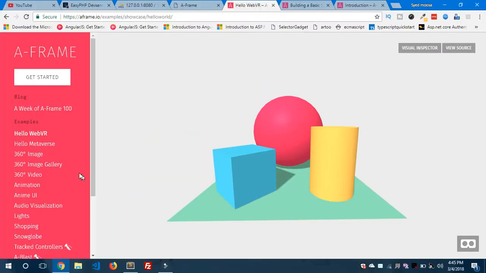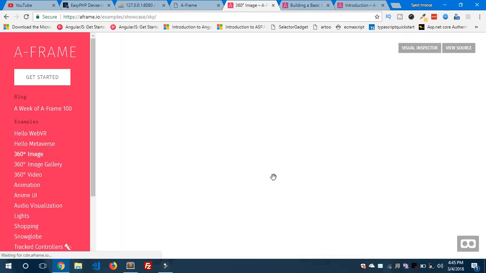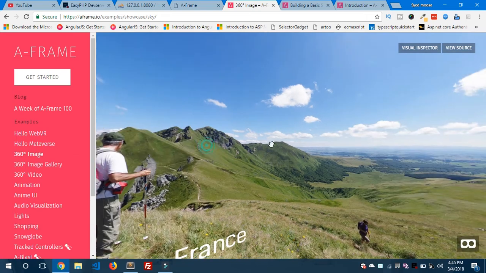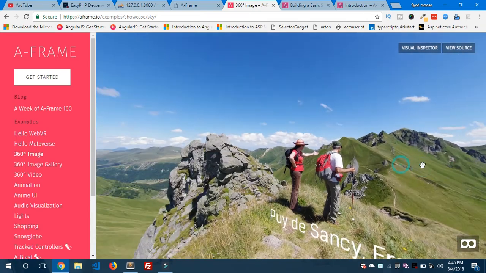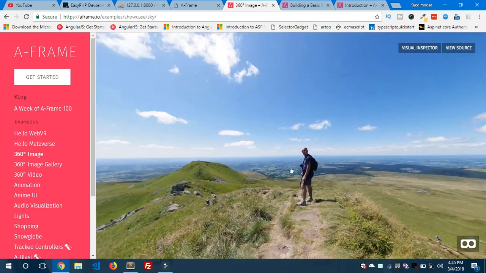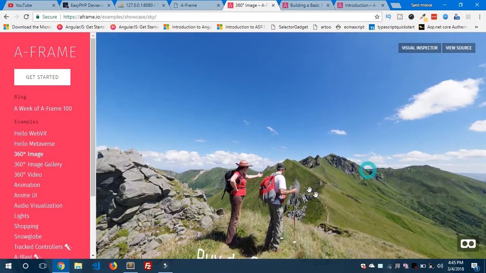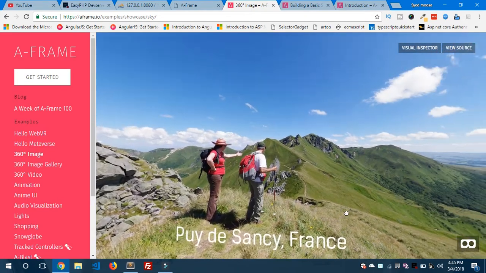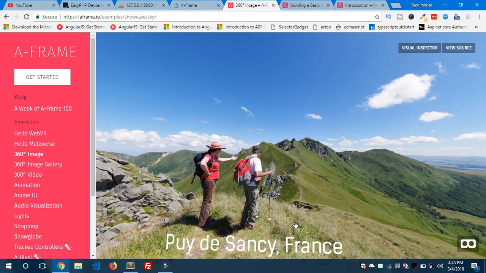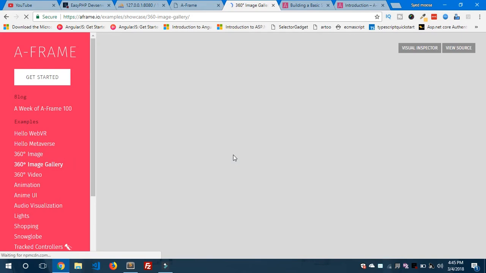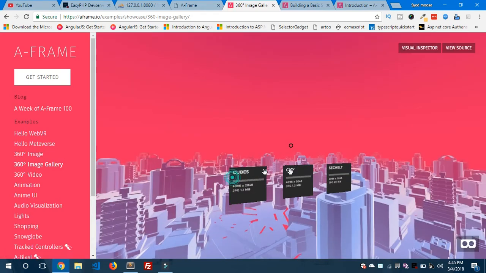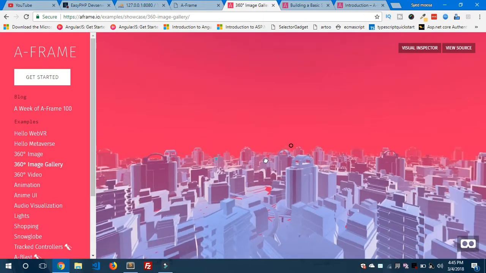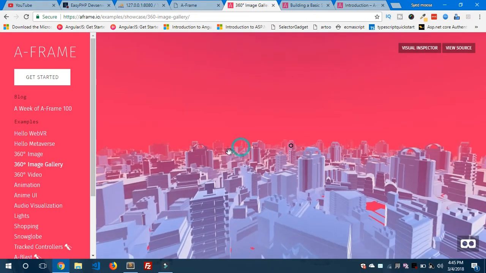So we'll also see some more examples of this framework. We can actually create some beautiful things like this one, a 360 image, right? It's a 360 image, you can see, and the text is appearing at the bottom. It is in France, right? So let's see some more examples like a 360 image gallery. Yeah, these kinds of experiences you can create using this A-frame